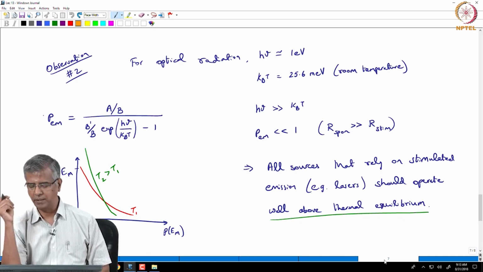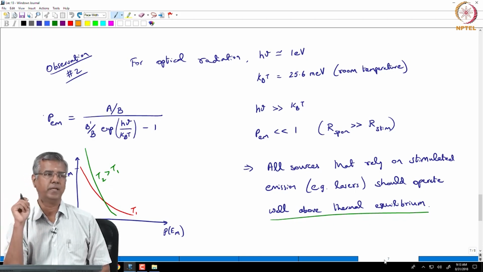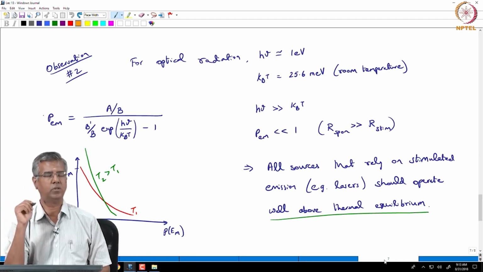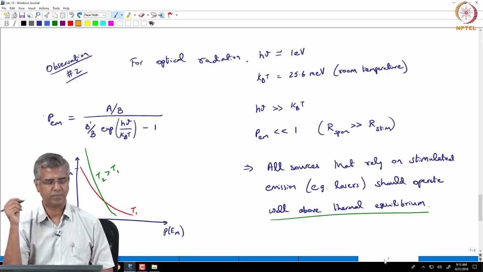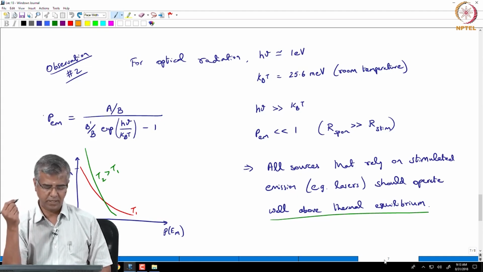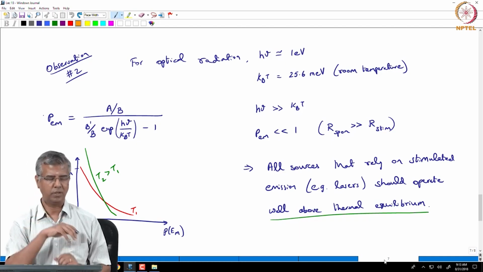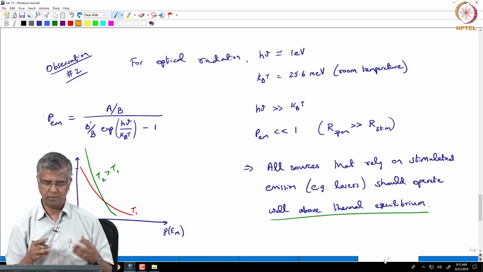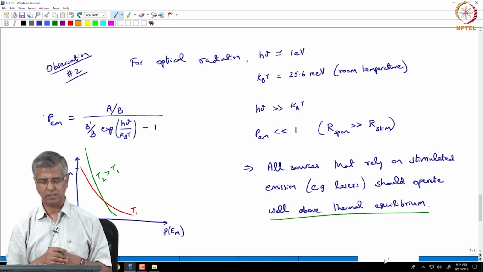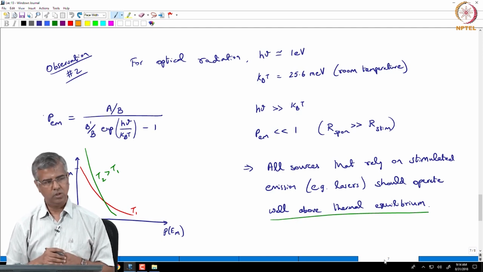So you're likely to get only spontaneous emission unless you are operating at a point that's well above thermal equilibrium, right. And thermal equilibrium we are defining as if there is only thermal energy given to that medium, and so everything is getting to steady state, and we are actually going by Boltzmann statistics, but